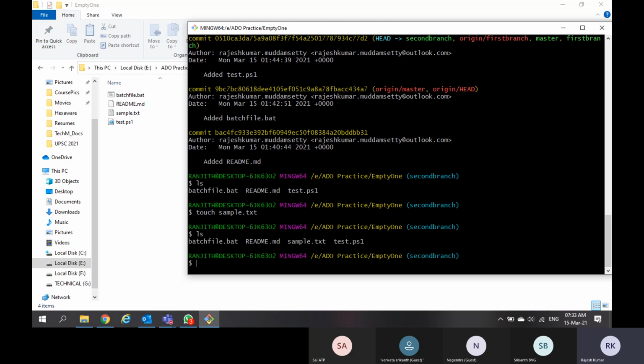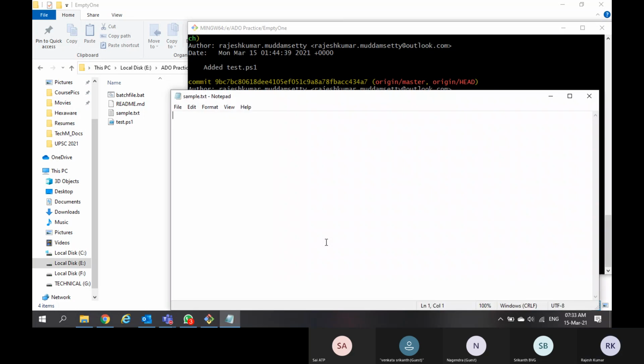If I perform ls, I have a 4th file, sample.txt, but inside sample.txt there is nothing. So I will open this in Notepad. Obviously it is empty. This file was created in the second branch.